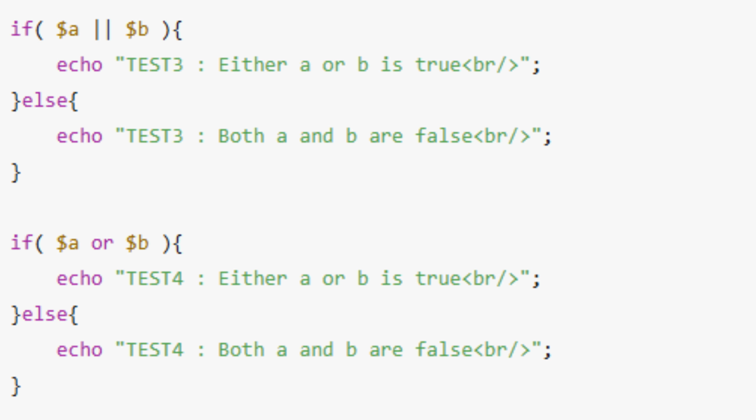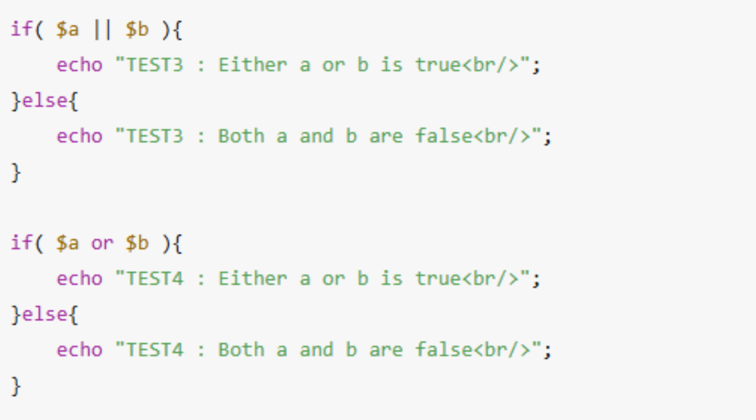As long as at least one condition is true, the whole condition is considered true. It also shows that || and or are both logical OR operators in PHP, and inside a simple if statement like this, they behave in exactly the same way. In more complex expressions, they have different precedence; || binds more tightly than or. But in this example, where each condition is simply enclosed in parentheses and used directly in if, they both lead to the same